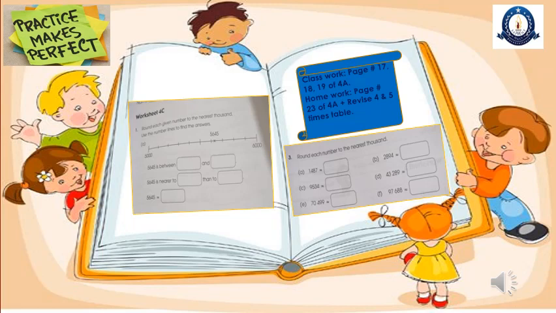Now look at the B part. 2894. 2 is on the place of 1000. Next number is 8. 8 belongs to up family. So 2 will go one step up. In place of 2, 3 will come and in place of last 3 digits we will write 30. What will be the answer? 3000. So in this way you will complete your classwork page number 17, 18 and 19 right now, and in the evening you will complete page number 23.